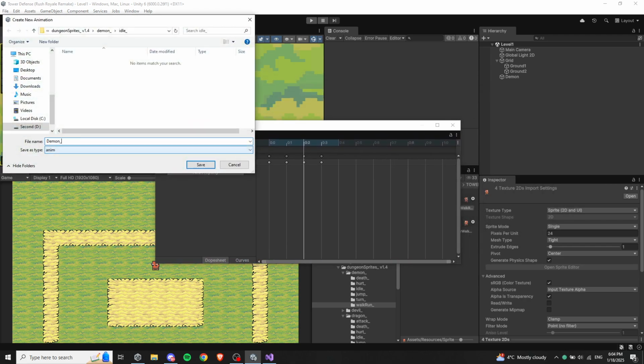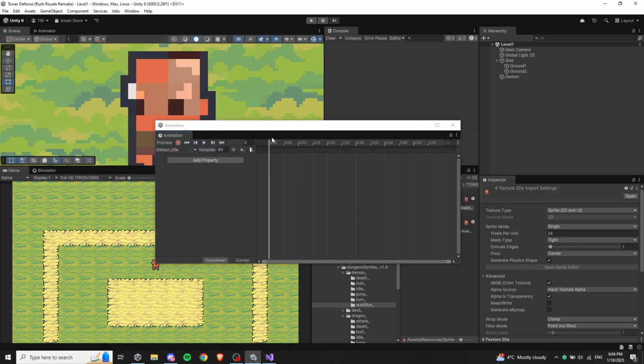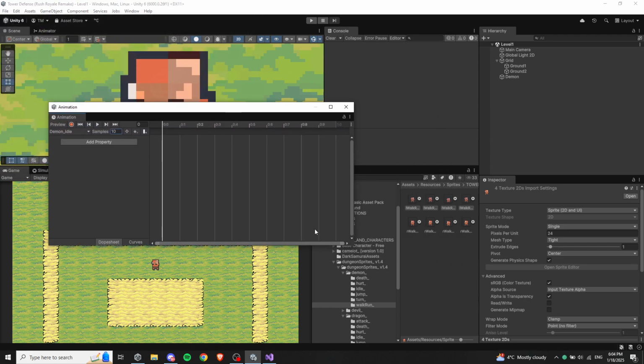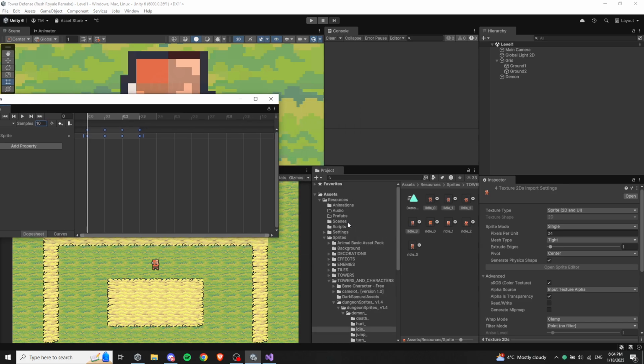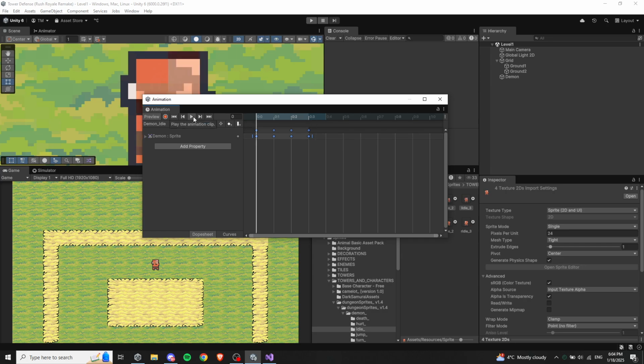Now we do the same for the idle animation. Create it, and we drag all sprites here from the idle. I don't know why they made two animations, because we can actually flip the sprites inside Unity. Okay, and now we need